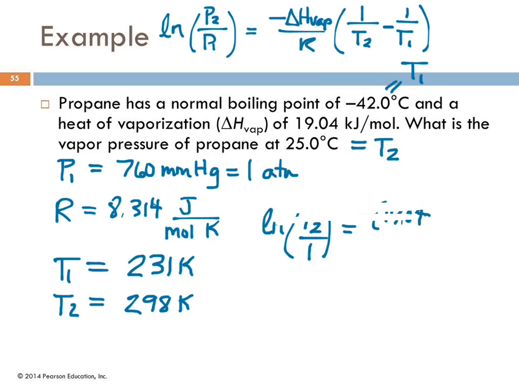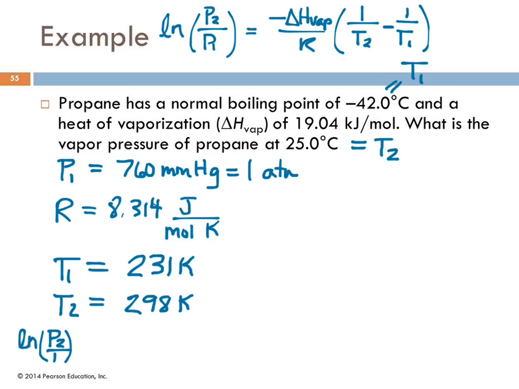Start over. I'm going to start down on the bottom. So the natural log of P2 divided by 1 is going to be equal to